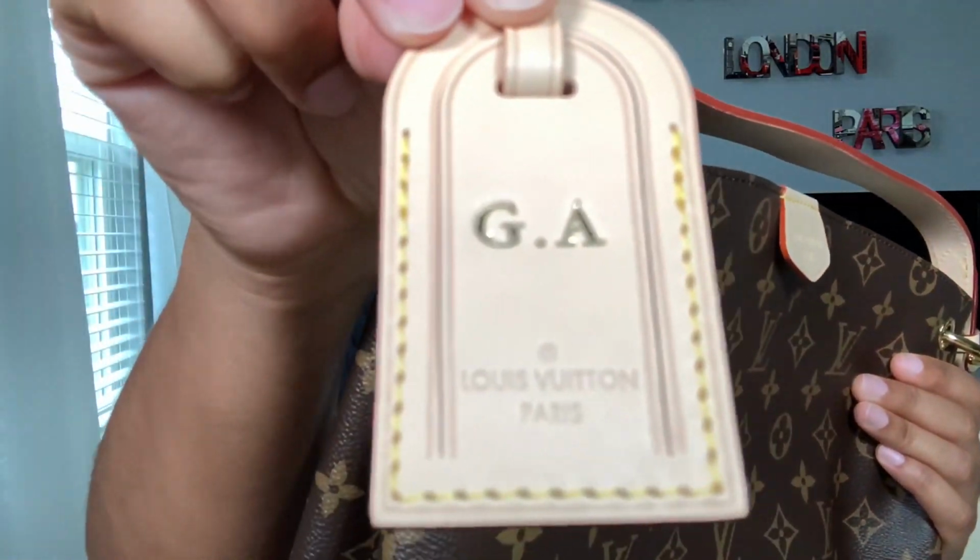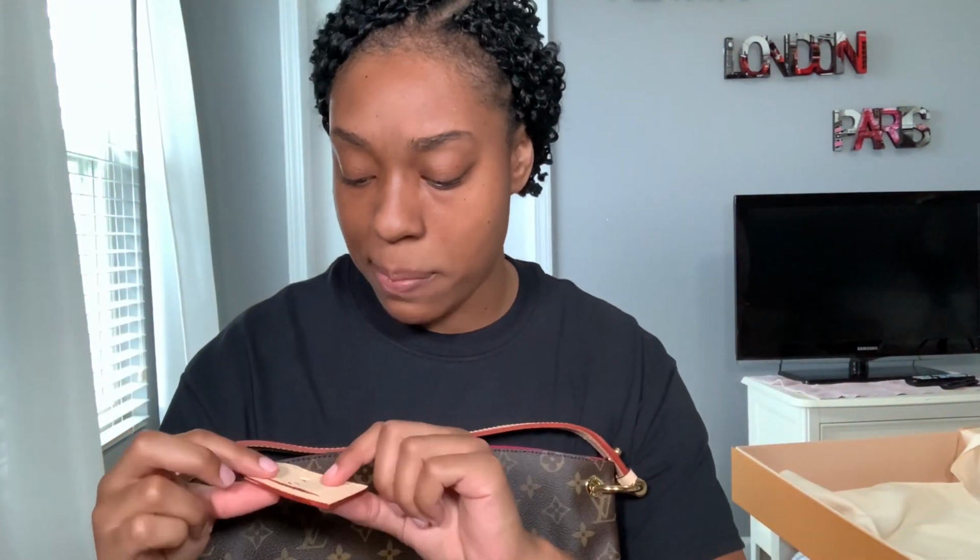I also got my name hot stamped, if that's what they call it. You guys, I'm still learning. I'm new to the Louis Vuitton community, so it's a lot of terminology and a lot of history that I'm crash coursing on. Like I said, these are my very first 2 items and I'm super excited about it. And I got it printed on here, GA. And they said that actually the period in between your initials is more so